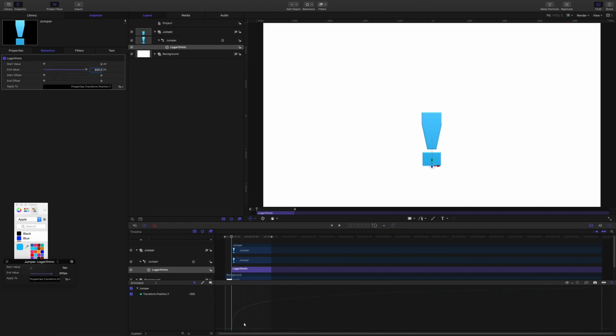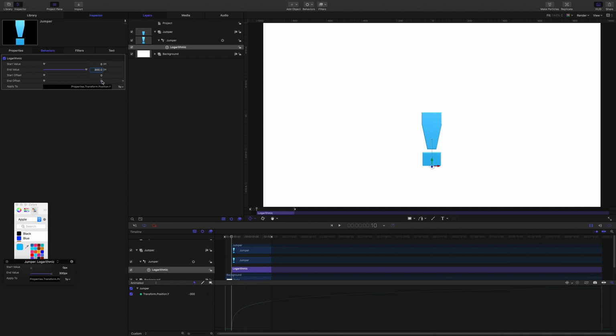So you can see there's a curve that's been placed in the keyframe editor here. The end value is way over here. We need to bring it back. So this project is 20 seconds at 30 frames a second. It's 600 frames, and when we talk about end offset here, when we work with parameter behaviors, the start offset works forward from the first frame, but the end offset works back. So